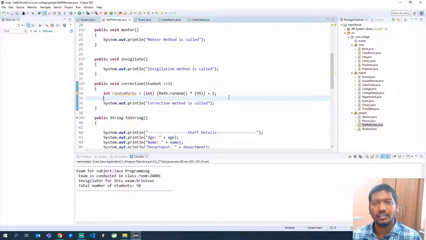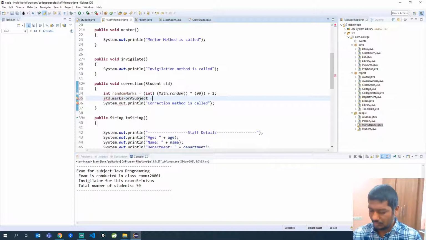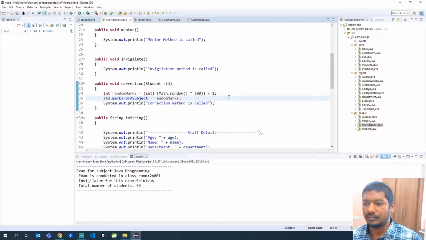So here I have written a small code which will generate a random number every time you call the same method, and then we will say std dot marks for a subject is equal to random marks. Okay, so this method takes a student as input and for that student it randomly assigns some number between 1 and 100.